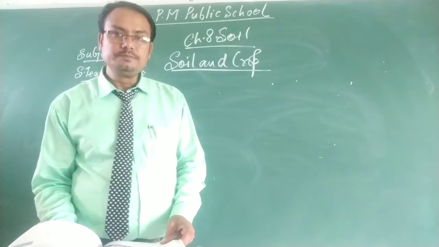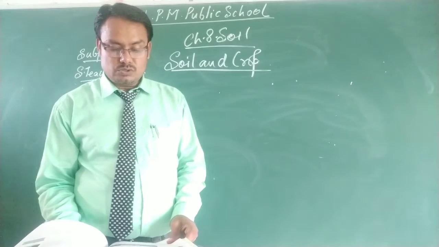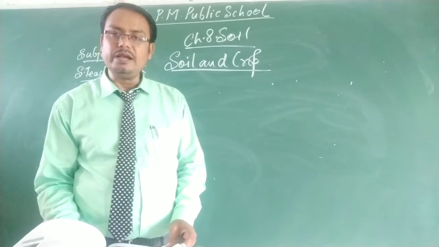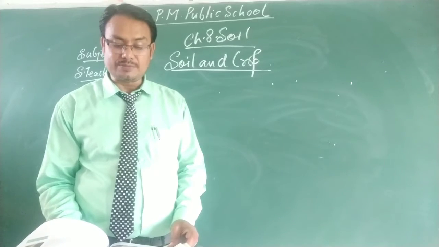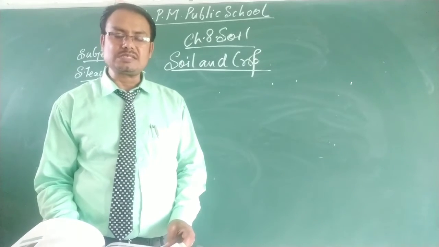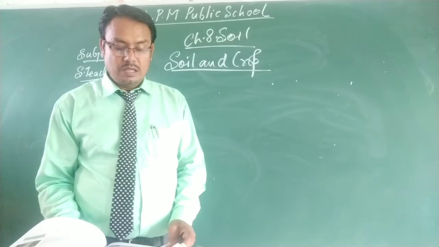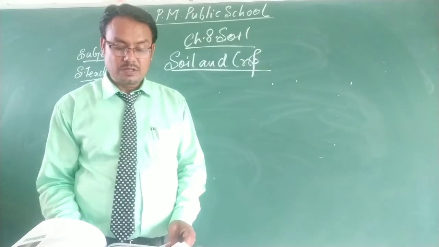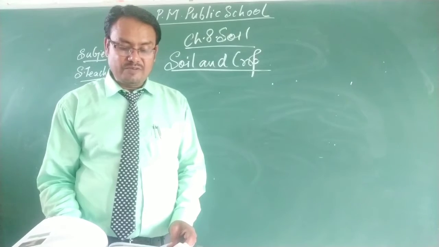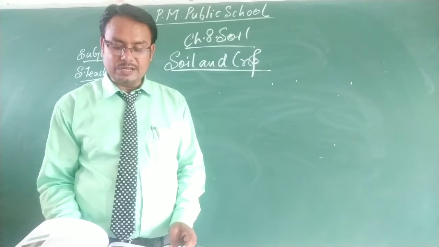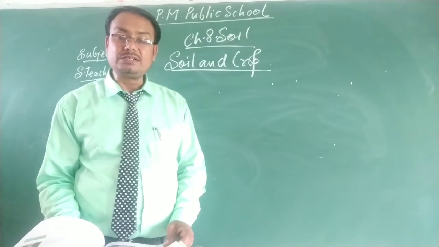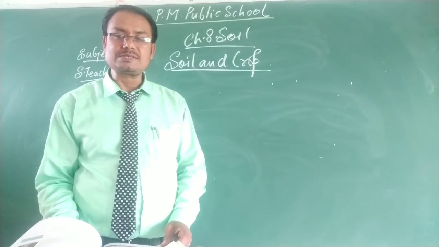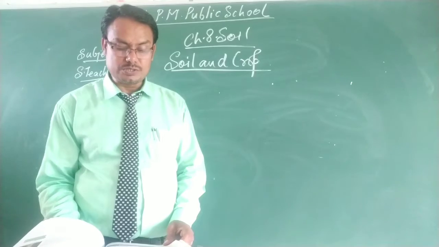So student, as you see here, in different parts of the country there are different types of soil. Everywhere the same type of soil is not present. The climate condition is also different at different places. Climate factors like wind, rainfall, temperature, light and humidity also have a great impact on the growing of crops, because different places have different types of climatic conditions.